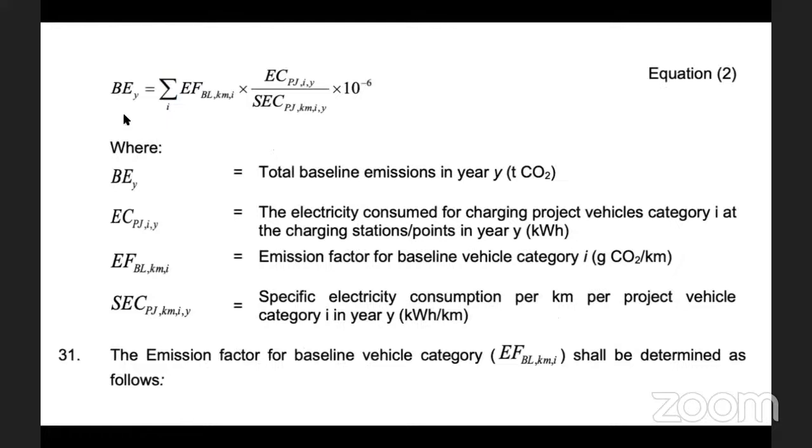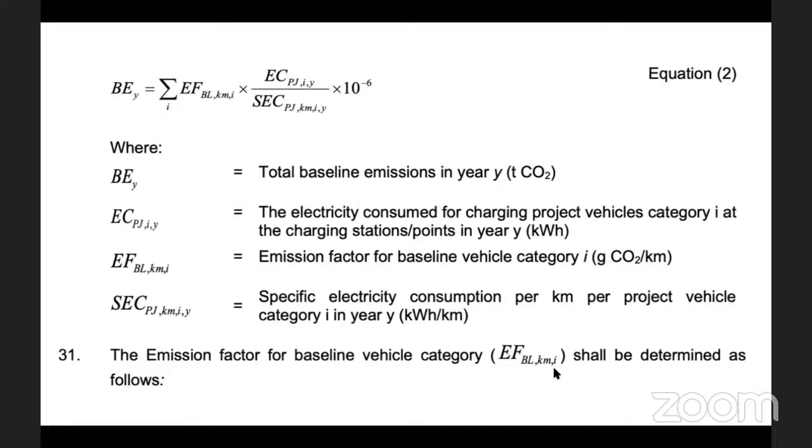travel the same distance ということで、次が BE ですね。The total baseline emission、ベースラインをどう計算するかっていうところで、EF 先ほど言ったようにキロメートルにあたりの CO2 っていうところを出しつつも、この EC ですね。The electricity consumed for the charging project vehicle category at the charging station point in 1 year、何キロワットアワーだったのかに対して EF が emission factor for baseline vehicle category でグラムパーキロメートルっていうことをですね、これに SEC っていうところは割り算。specific electricity consumption per kilometer per project vehicle category year っていうことで、実際にキロワットからキロワット分のキロメートルってことで、これ逆になるので、実際にキロメートルが出てくる。何キロメートル走ったかっていうのがこの式で出てくるから、実際にこの1キロあたりの CO2 にキロメートルをかけてっていうことで出てくると。